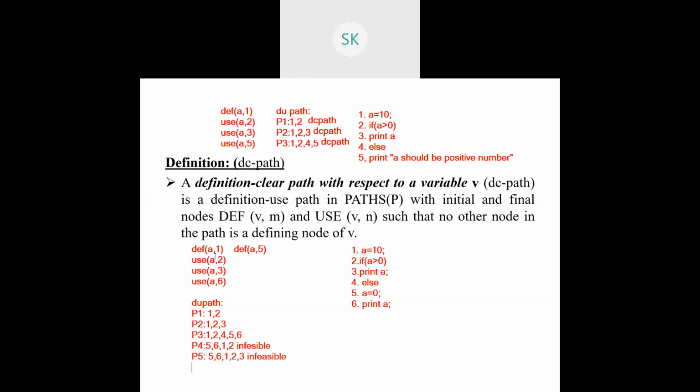Understand? Whereas the next part, P6. So with respect to this, 5, after that, the sixth statement. Now the question is, where will the definition clear paths exist? See, with respect to your P1, it's a definition clear. How will we come to know that it is definition clear? We are not redefining it anywhere while traversing from 1 to 2. So one time it will be defined, one time it will be used. So that's why one time definition, multiple times usage is possible.